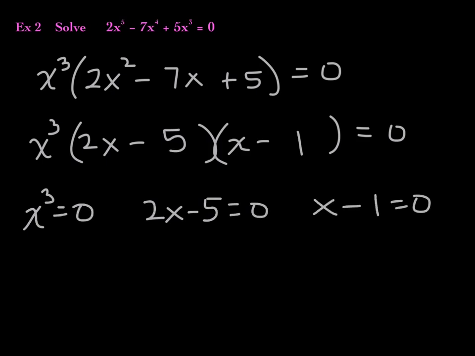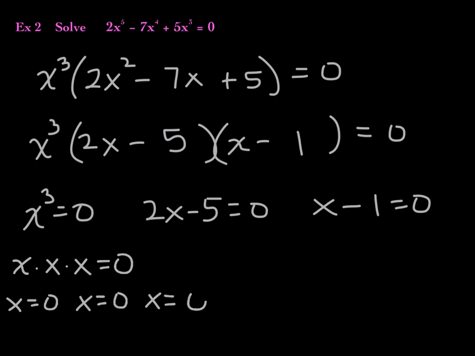All right, so this one here has 3 copies of x, right? It's x times x times x is equal to 0. There's no need to set each one of those factors of x to 0. For example, x cubed is x times x times x is equal to 0. There's no need to set each one of these factors equal to 0 like I'm doing right now. That's a little bit redundant. It's too much. All you need to do is just set one of those copies equal to 0, and that's it. So let me actually